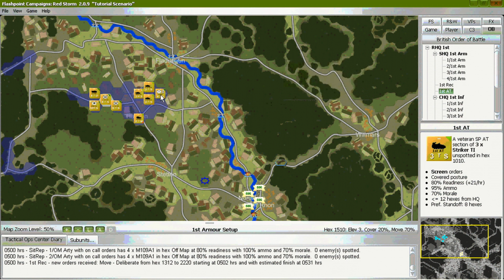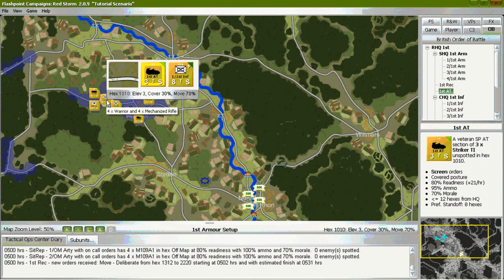Hover the mouse cursor over the stack of units seen in the image below until the flyout panel pops up. Once the flyout panel is open, move the mouse cursor onto the first anti-tank unit and left click to select it.